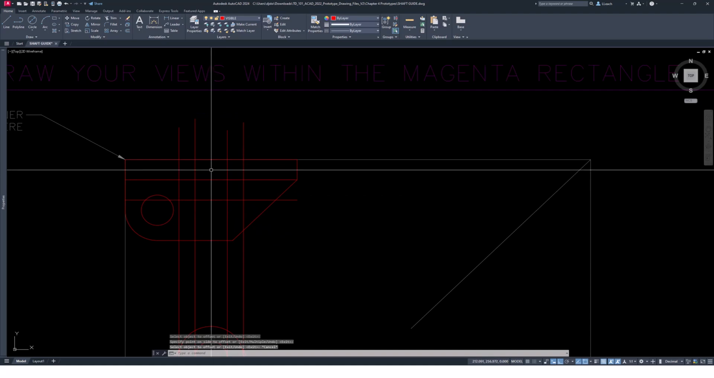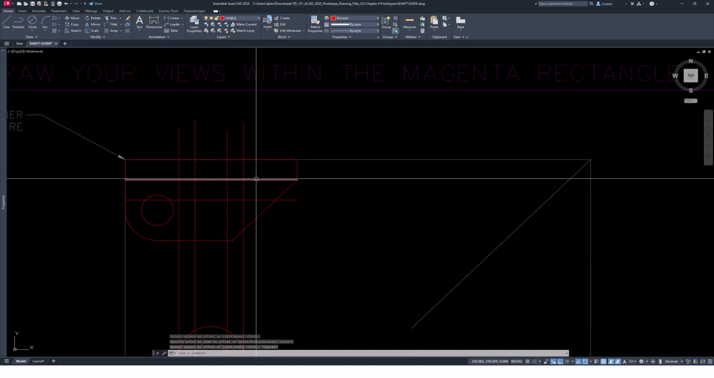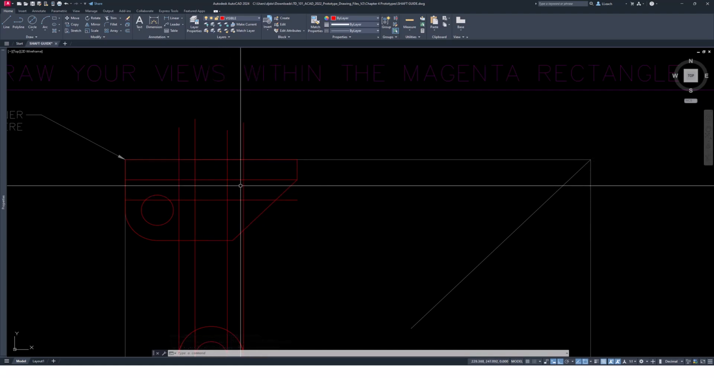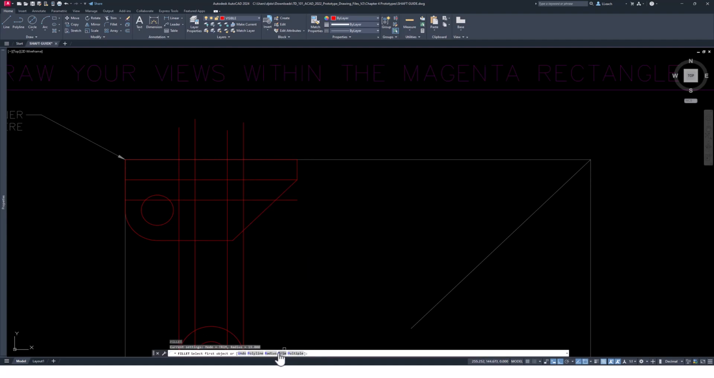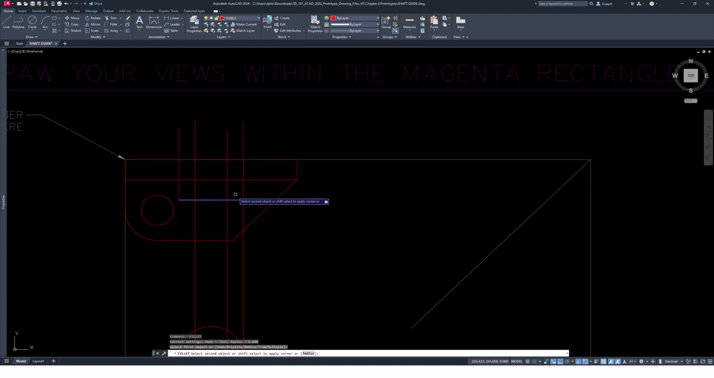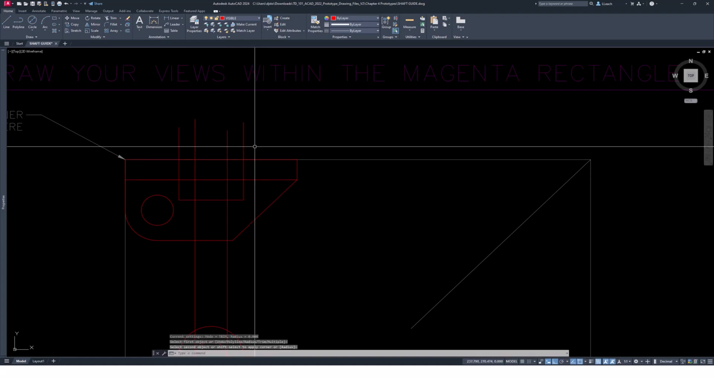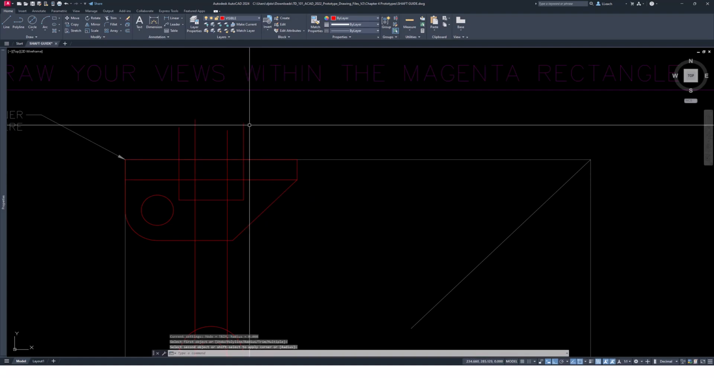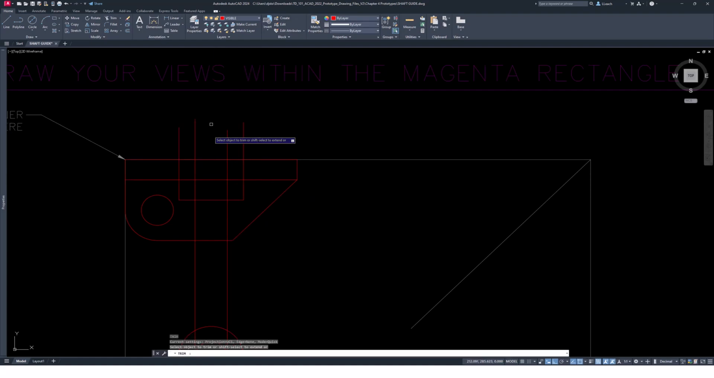So now what I'm going to do is use the fillet instead of trim. So I'm going to fillet. I'm going to click on radius because I want this to be 0 for my radius. And now I'm going to square these off here. There. Now I can hit the escape. Now I can just use the trim tool to